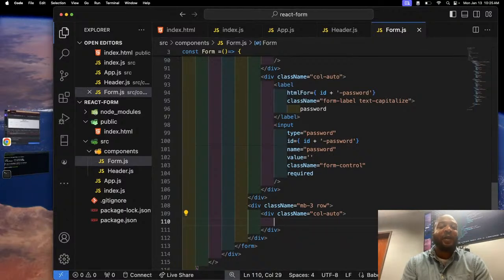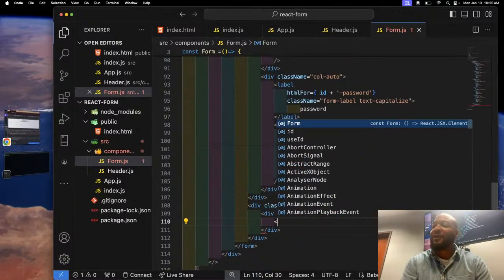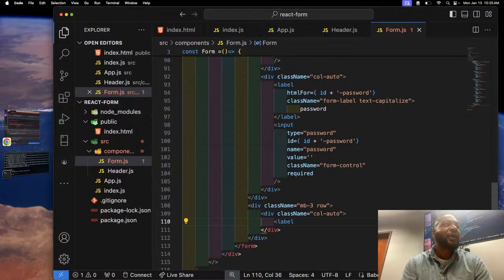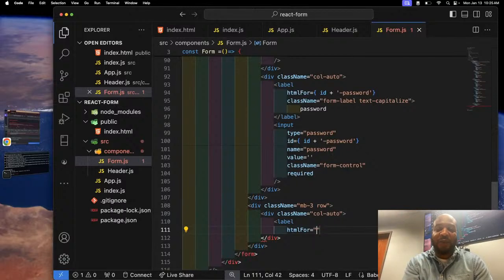All right, and now I'm just going to type this one out by hand. I'm over here trying to be quick. Label, htmlFor, and this is going to be for ID plus phone. Yeah, because we got that. So phone,